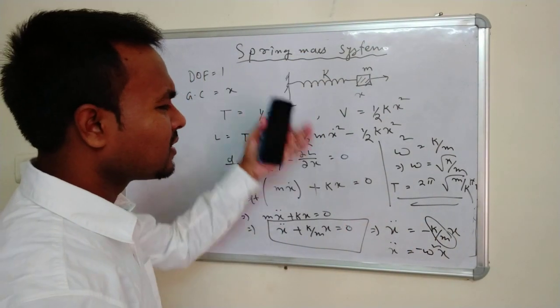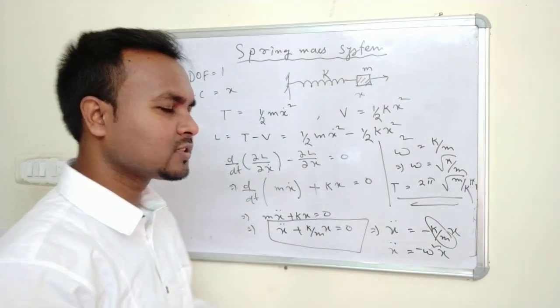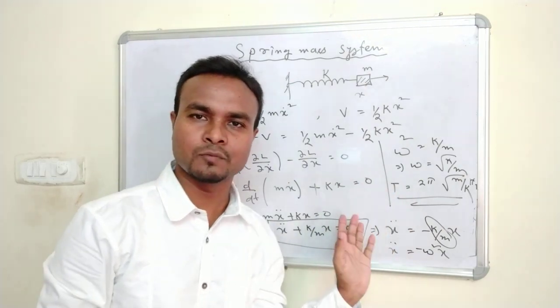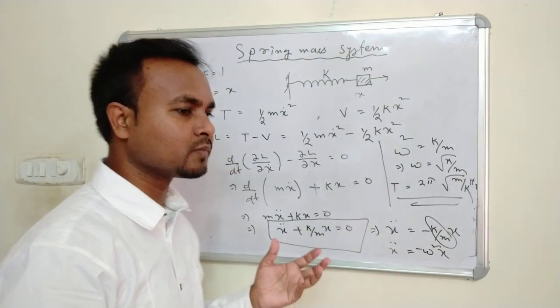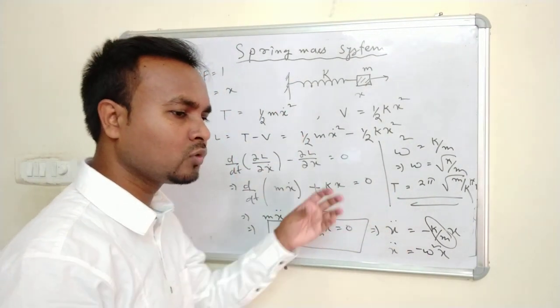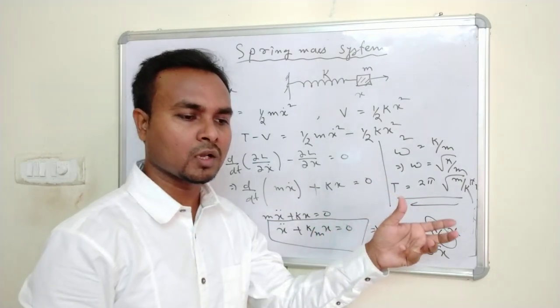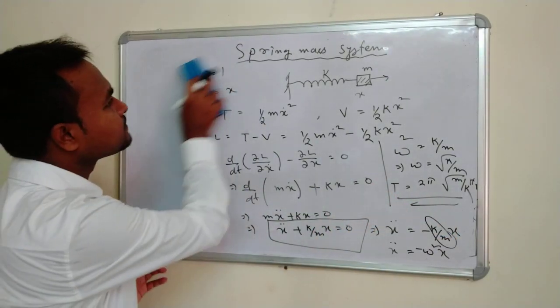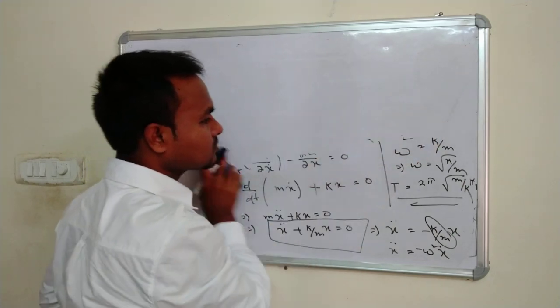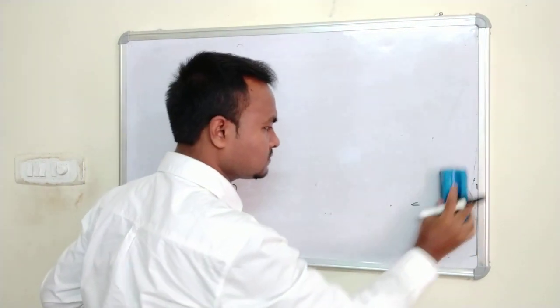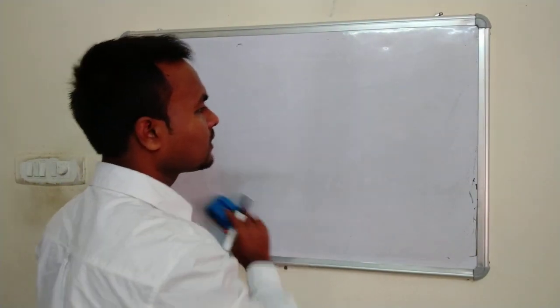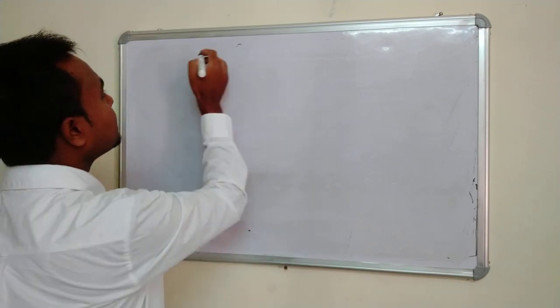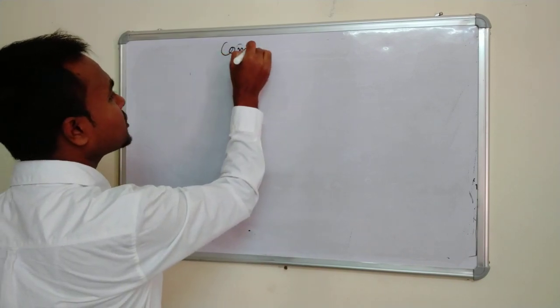So this is a simple problem. In the CSIR examination you will not get this type of problem, because this is very simple. But based on this example, we will solve some complicated examples. Now, if I say a combination of springs,